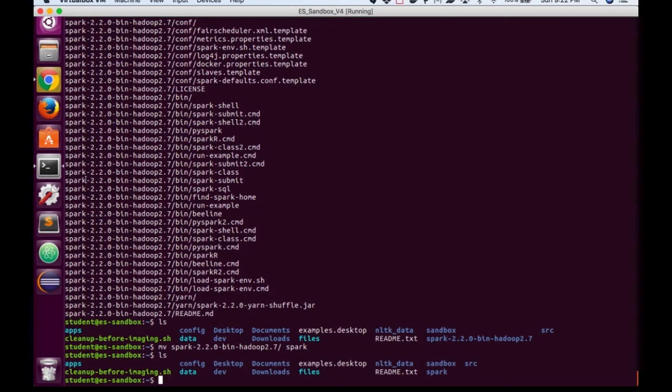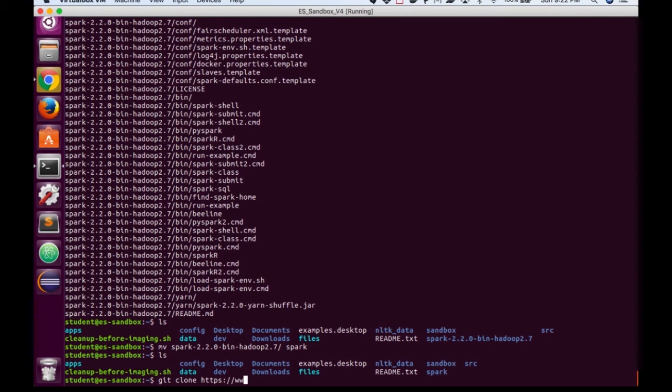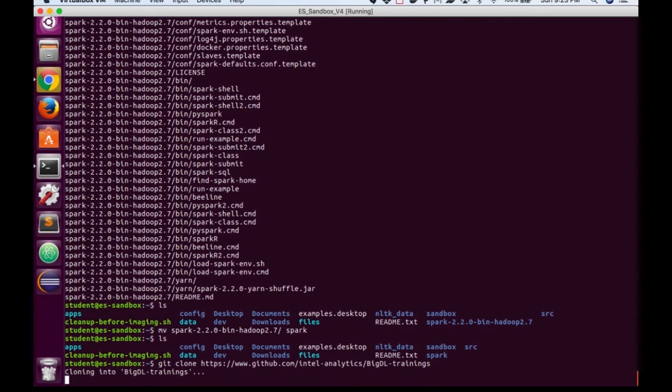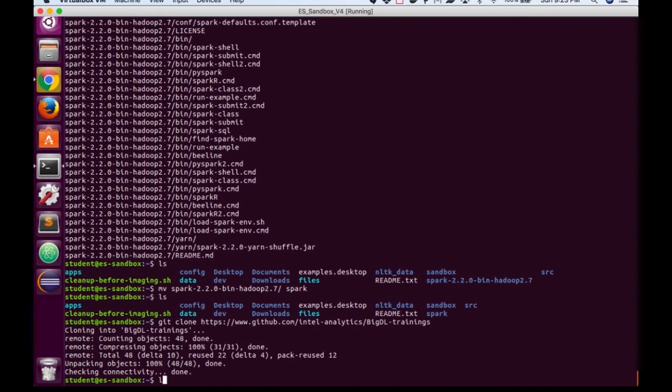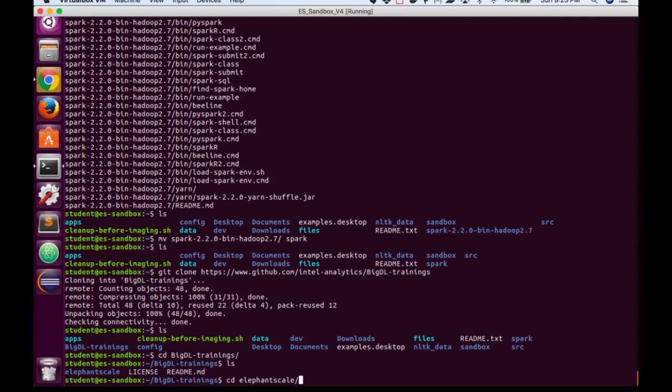So if I go back here and I say git clone, okay, so notice I now have the BigDL trainings here, and it's under elephantscale.